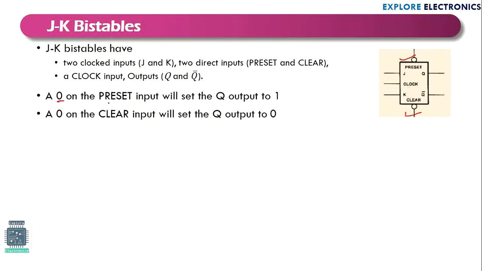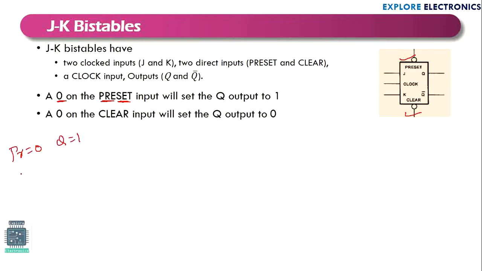When 0 is on preset, means when preset is equal to 0, output Q will be set to 1. We are presetting the output. That is the meaning of the preset signal. This is the additional extra signal we are giving for the bistable. When preset is 0, output will be set to 1. Why? Because here you can observe in the block diagram, it is connected with a bubble. Preset signal is connected with a bubble. Means when preset is 1, actually we are supposed to set Q as 1, but because of the bubble here it is inverted. When preset is 0, it is setting the output to 1.